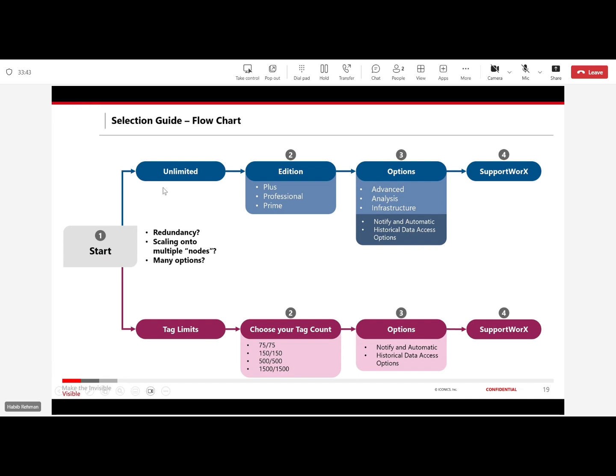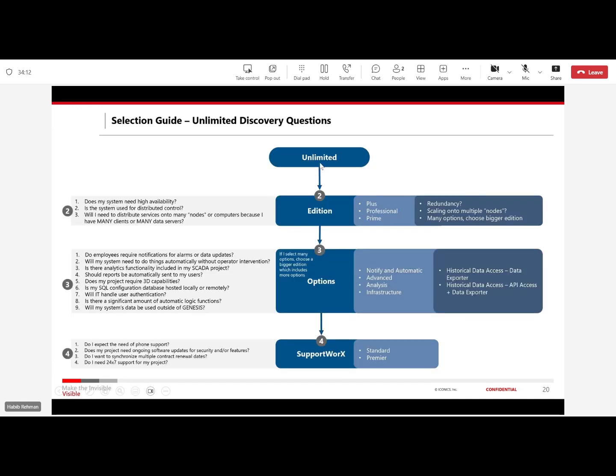Let's go with the comparison between unlimited tags and limited tags. So with unlimited, just to recap, plus, professional, prime, platinum, I'm missing platinum here, options, advanced analysis, infrastructure, notify, some of those are included, support works, and then you have the tag limit, and then you can add those options as well. Okay. Within unlimited,